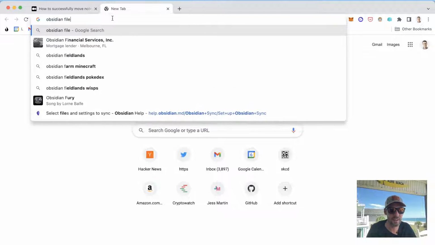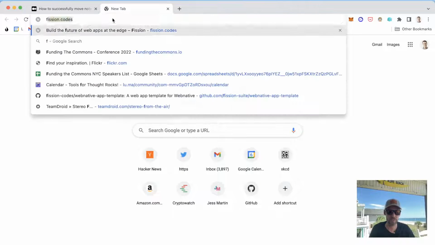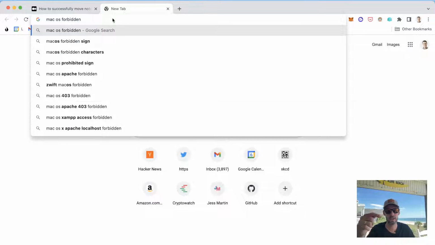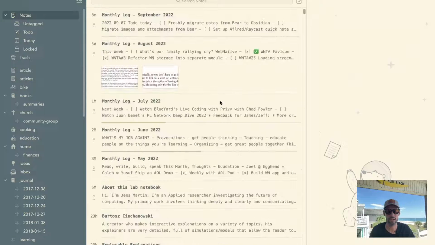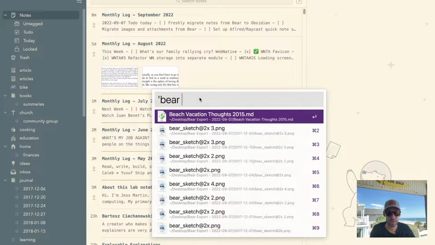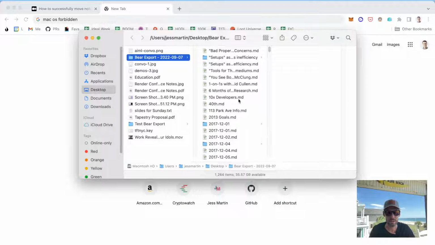Oh, this is forbidden characters of file names. So this is actually a macOS thing. Remember, we're taking the SQLite database that Bear stores all this stuff in, and turning those into files on the desktop, which is now in the folder called Bear Export Final for Reals, actually this one.